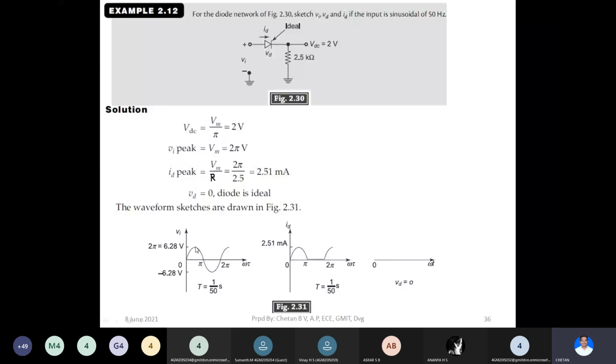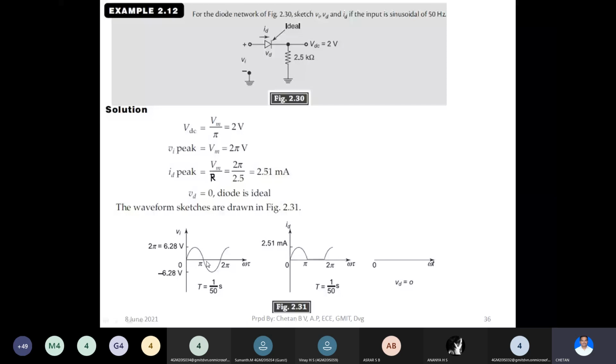From the x-axis, it will move towards the negative y-axis, and again in the negative y-axis, it would have a peak. From the peak, it will again traverse to the x-axis and hit 0. Again, the process would repeat. From the x-axis, it would move to the positive peak in the positive y-axis, and again come down to the x-axis, and so on. This process would continue. So here, one thing we want to know is the time period or cycle time.